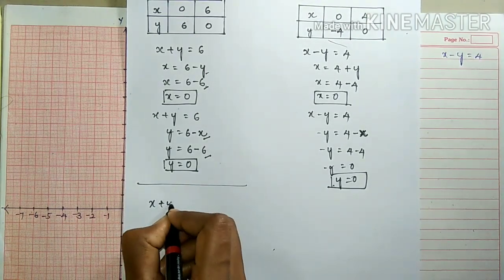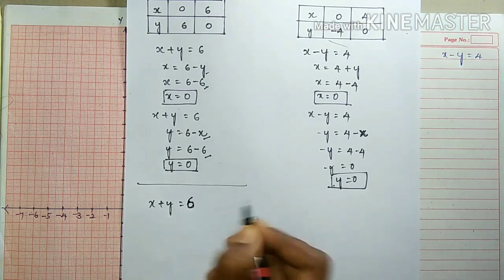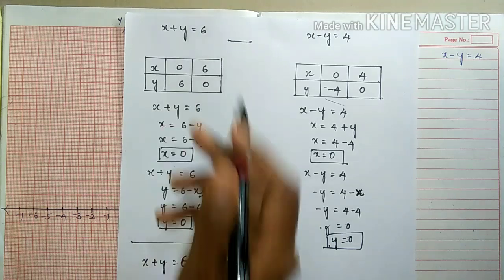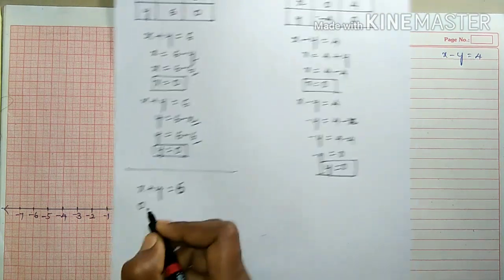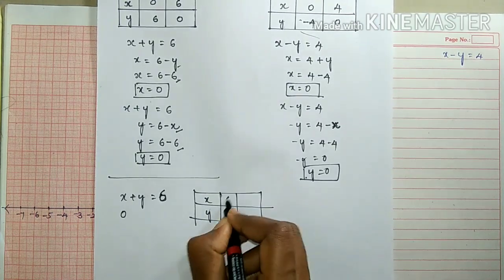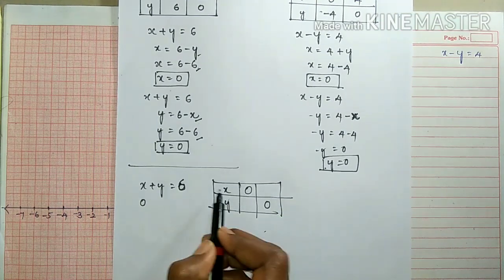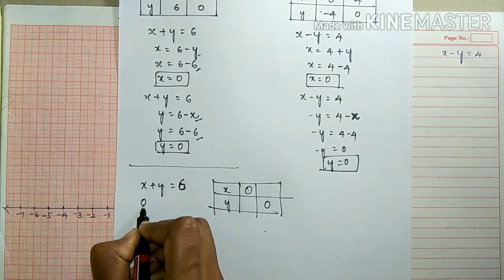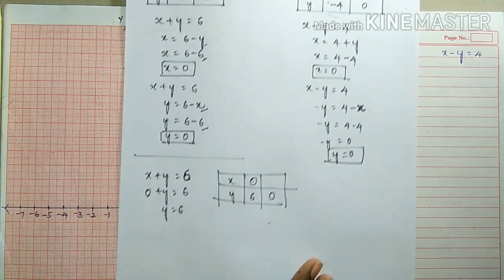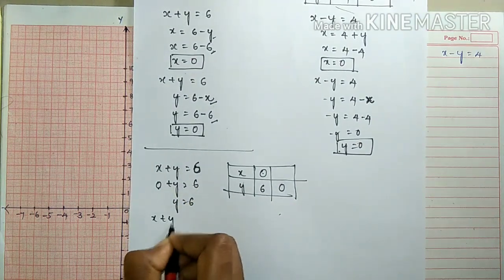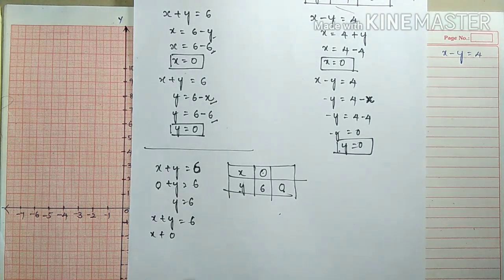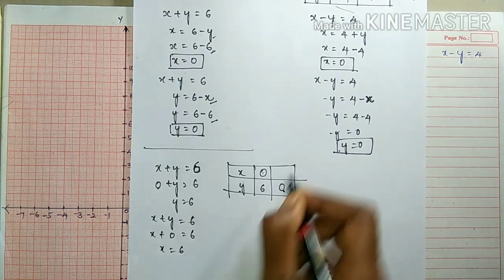If x plus y is equal to 6 is given, here we substitute zeros, right? So the x value should be 0. Substitute 0, we have the x and y coordinates. In the diagonal way I will substitute 0. So x is equal to 0, substitute 0 in place of x, so plus y is equal to 6. Now y is equal to 6. In the same way, x plus y is equal to 6, the y value should be 0. In place of y substitute 0, that is 6. Now x is equal to 6.